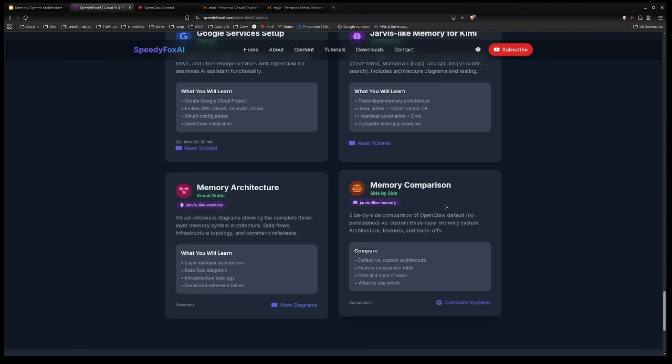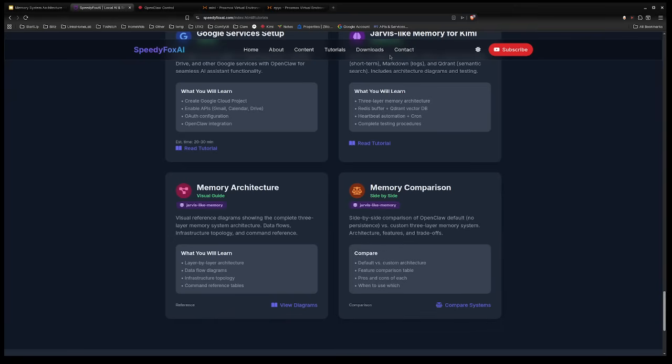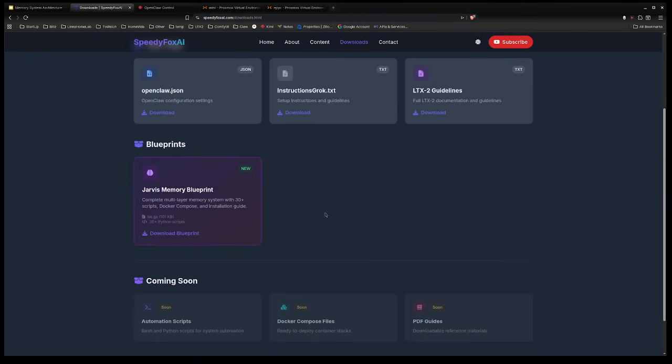But I was like, if someone wants to do it, how can I give them something? So in downloads, she put together this memory blueprint. This not only has the way that it's designed, but she also created all the Python scripts to do all the different functions, right? To work with Qdrant, to work with Redis, things that the heartbeat does. I think your AI could probably do them, but this is actually a download of all